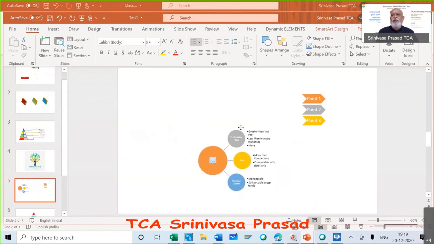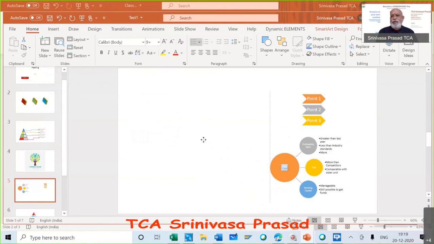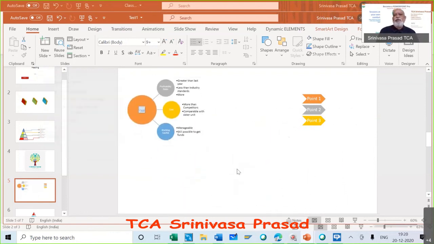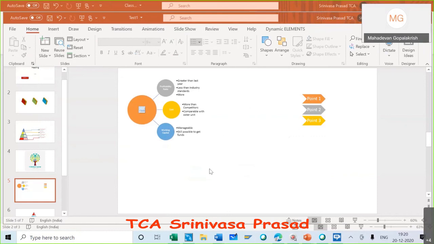You can now move the chart from here, Gopalakrishnan sir. You can move it here, you can move it here, put it over there, do whatever you want. Right, sir? What we will do at this point, I will now stop my recording so that we can discuss for 2-3 minutes before we proceed.